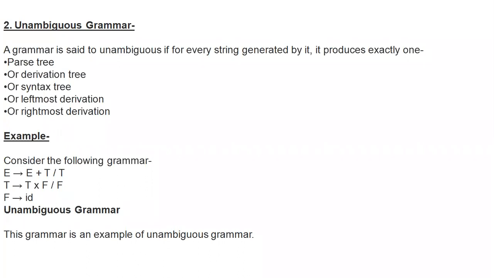Make a note of this. Please do the conversion from ambiguity to unambiguity by understanding the concept. Then you can clearly understand how we eliminate the ambiguity from the given grammar, how we make it unambiguous. And here, the most important point, note one thing: this grammar is an unambiguous grammar, but it is left recursive.